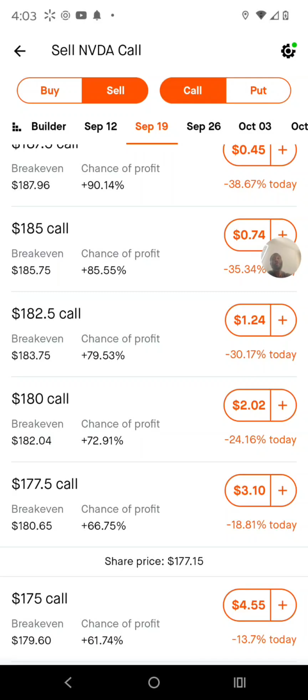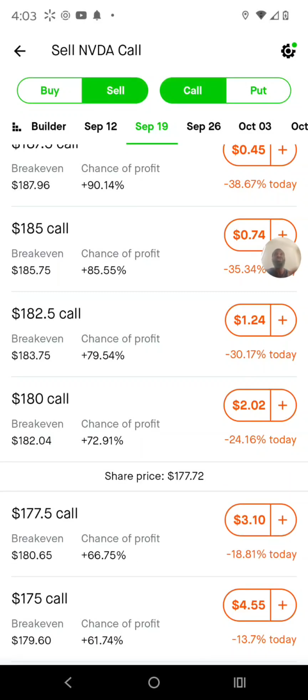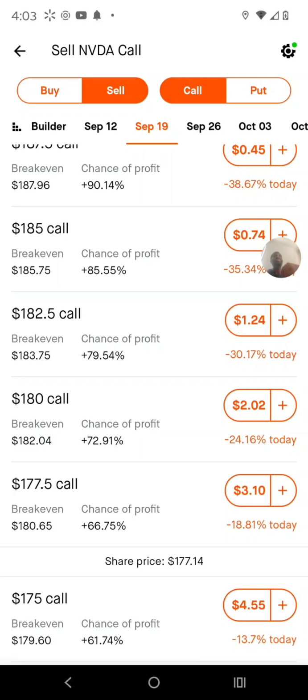If the option goes past your LEAP option strike, you have to sell the person on the other side all them shares of NVIDIA. So what happens is this. When you're selling an option, you're telling the market maker, you know what? I'm willing to give somebody 100 shares of NVIDIA at $180 a share. We've got a LEAP option, we don't actually control the shares. But the one good thing about the call option is this. Robinhood, Webull, whatever broker you use, they will actually exercise your call option to pay the other person what you owe them. So the best thing to do to avoid that is do a strike price that's away